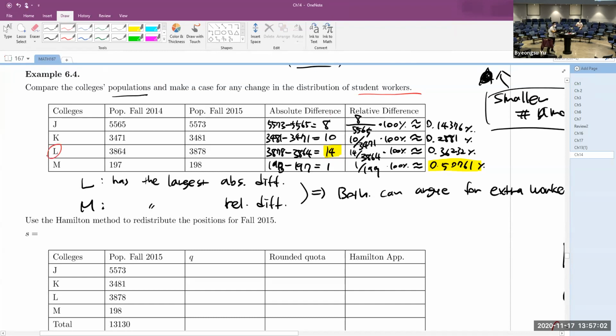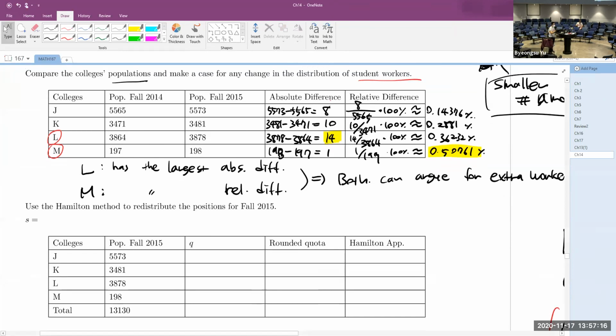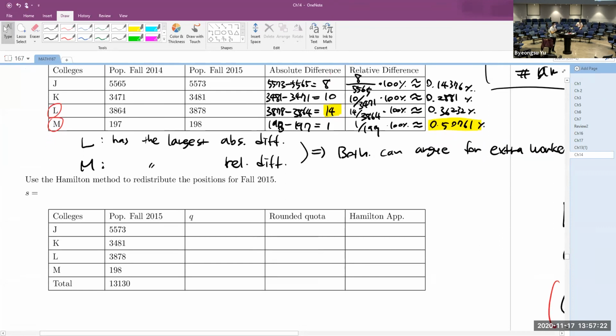L college has the maximal absolute difference, but M college has the maximal relative difference. So one of those two colleges will have some new student workers because their population will be increased, right? But if you actually use the Hamilton method to redistribute those positions, then in this case,